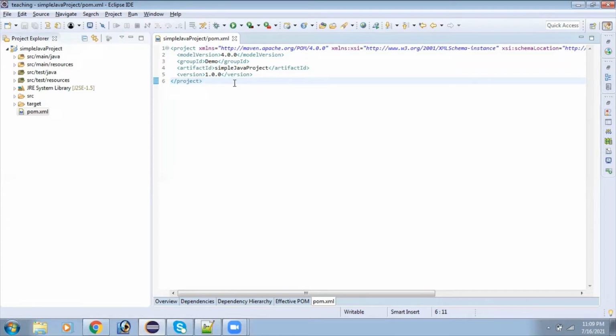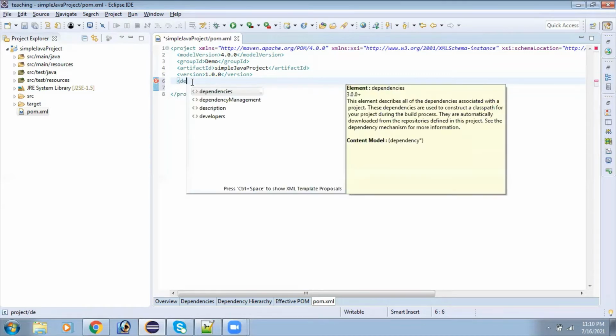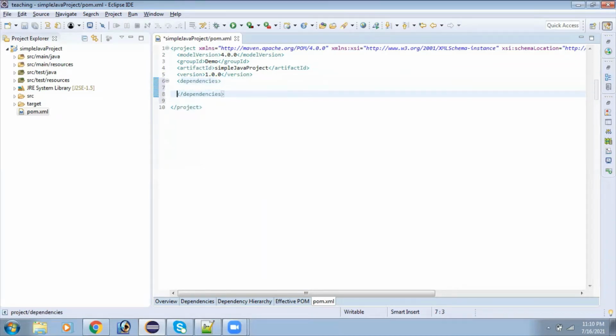These are very core tags, or you can call them attributes. Number one is the project tag. You must know what project is, and you must know group ID, artifact ID and versioning. And we have dependencies. Inside dependencies we will have dependency. This is a very important one, and it must be understood.